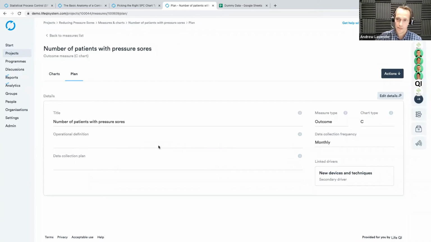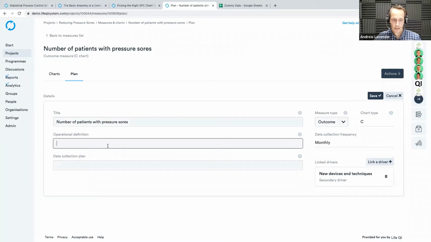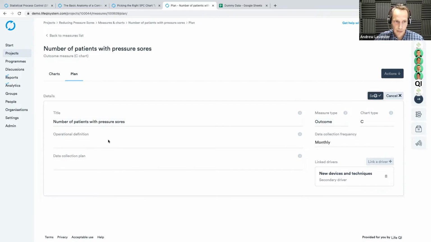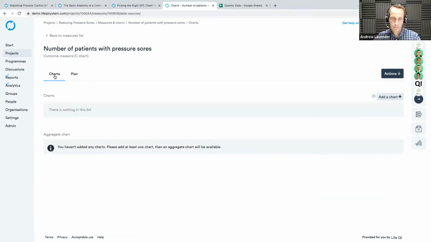If I wanted to come back and do that, I click edit over here and add this information later on. So just go ahead and do that. Make sure you save afterwards, obviously, and commit that to the system. Okay, so just before I go and create a chart and add some data to that,